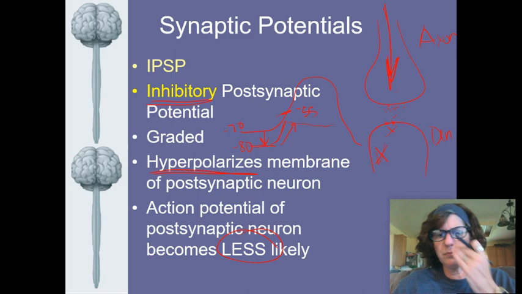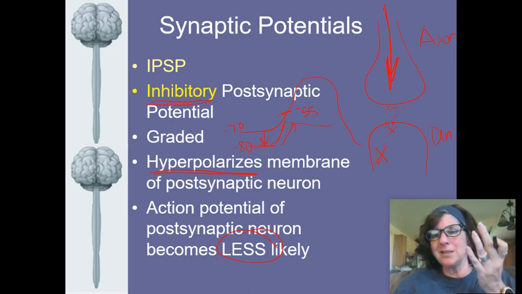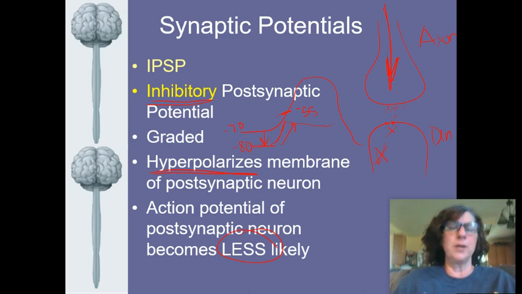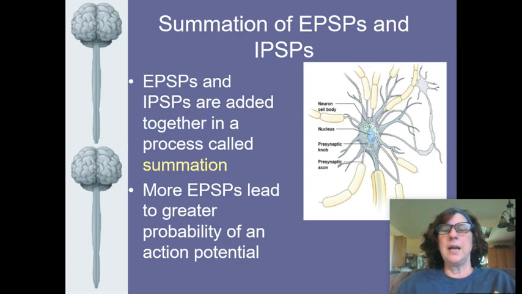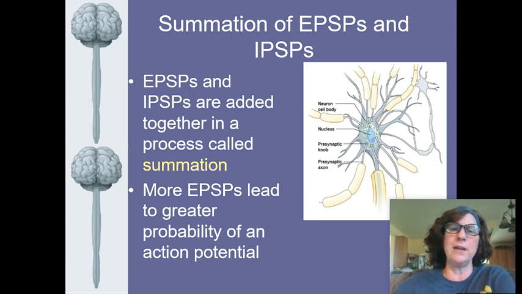Kind of like, back to the nose thing, it doesn't really work that way, but think about it with the nose. Less likely to send that message of actually having a smell in the air, right? All right, I can take these EPSPs and these IPSPs, E for excitatory, I for inhibitory,